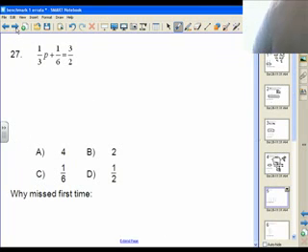All right. This one. So it said we're solving this 1p plus 1/6. So they just